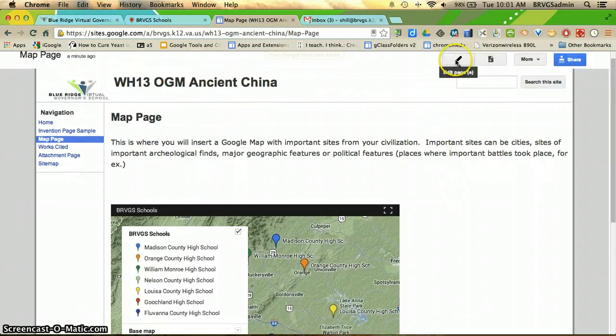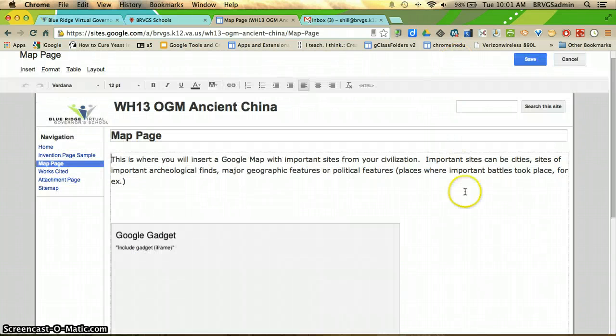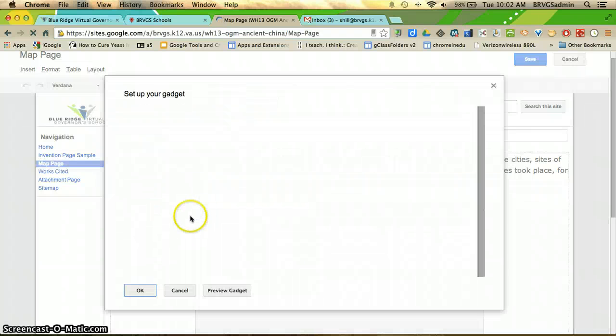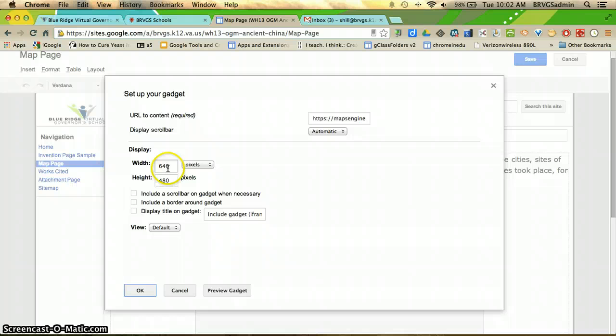So what I'm going to do is I'm going to come back in here to Edit Page, and I'm going to click on the gray box, and that'll bring up my little settings. And let's first center it, and then I'm going to click on Settings. And on the settings page, instead of width, I'm going to change from pixels to percent and put in 100%. And if we want, we can make it a little bit taller. It's totally up to you guys, and I can say include a scroll bar when necessary,